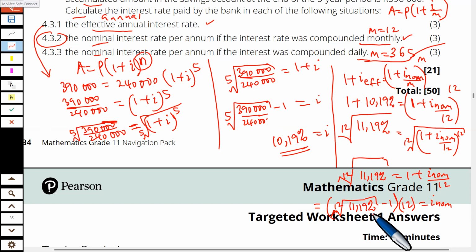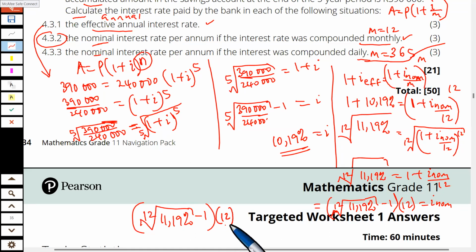So I got 459.72. Out of these, okay, because I expect you to do the 12th root like this, and then it is 11.19. This is the percentage symbol, minus 1, then you multiply by 12. Okay, I'm interested in knowing the answer here. Because the answer I'm getting,